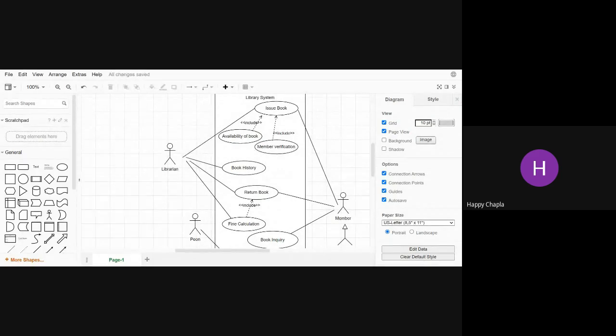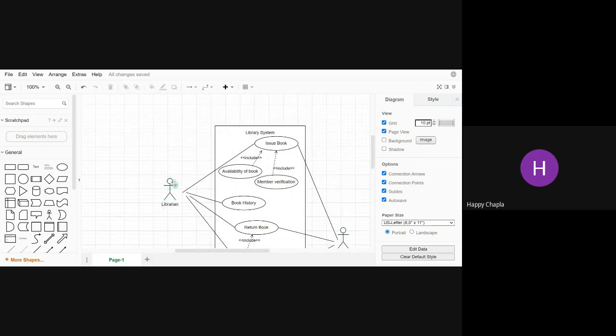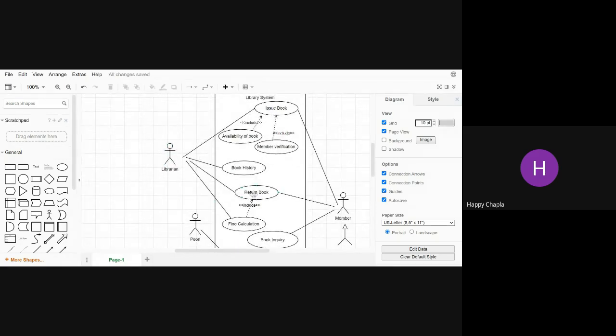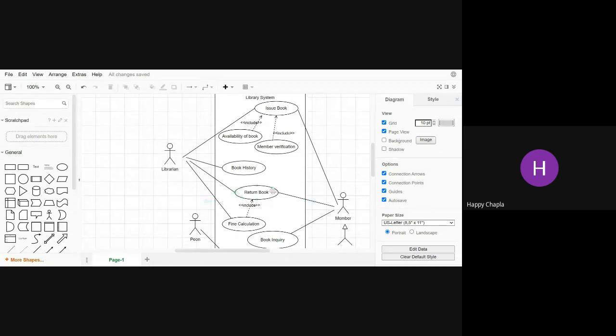Now, we have actors: librarian, peon, and member. Member is going to be generalized into staff as well as student. If it's a librarian, which type of functionalities may they include? They may perform issue book, book history, as well as return book and fine calculation.